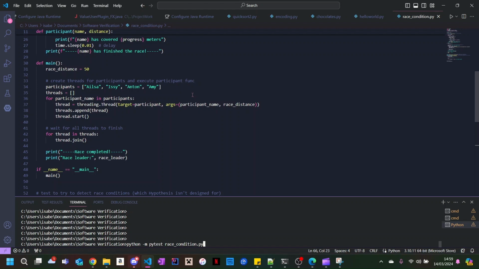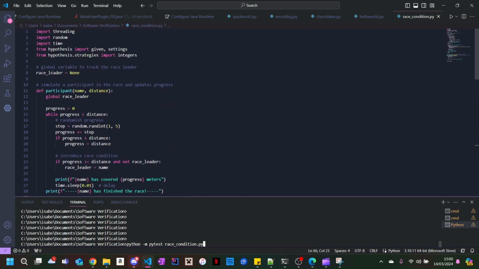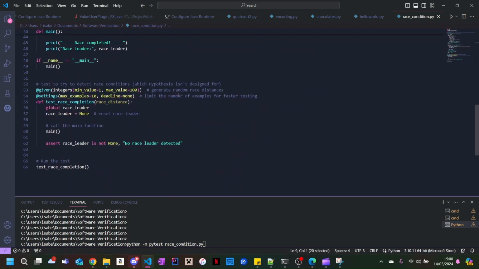This is an example of a program that uses concurrency. It simulates a race, each thread acting as a participant who moves forward a random amount when each thread is allowed to run. It includes a race condition in the form of a global variable, which tracks the leader in the race, which each thread is allowed to update without the correct synchronization. The tests attempt to identify it, but as you can see,